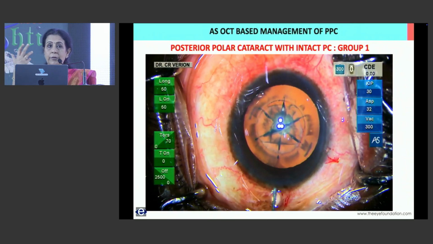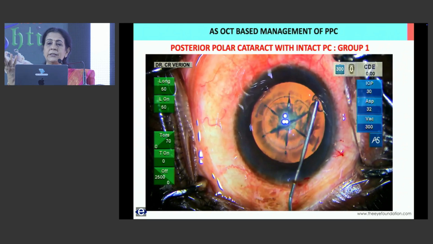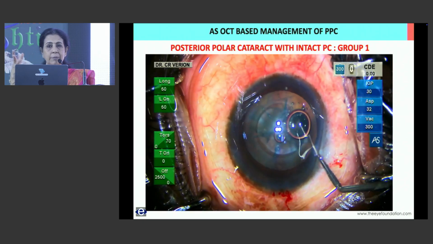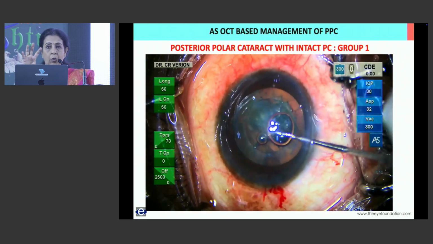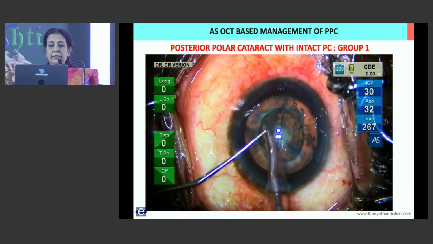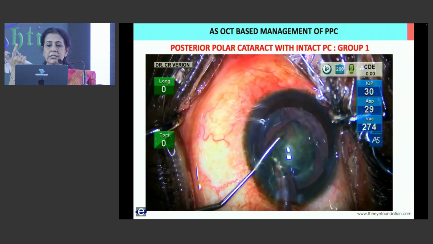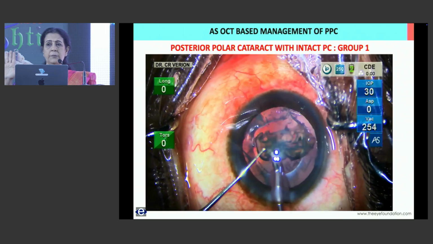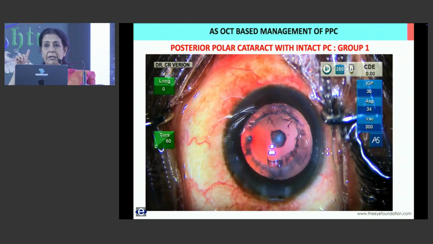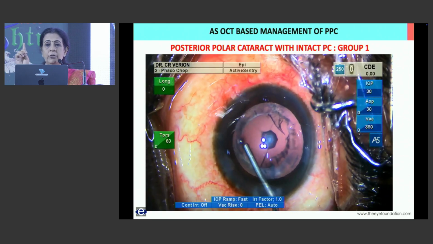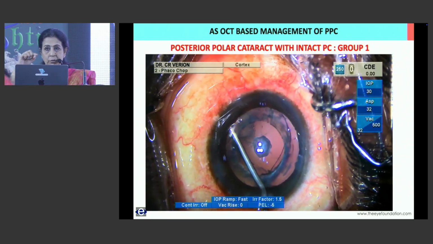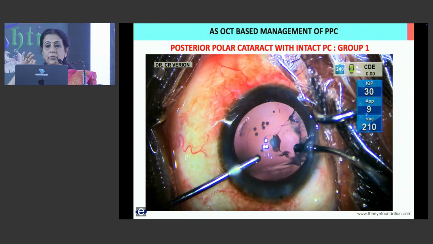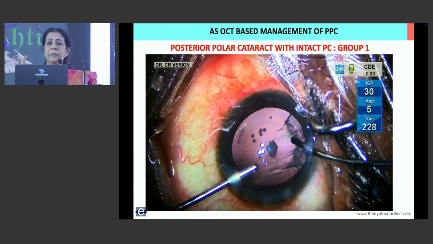If you were to do it on a femtosecond laser platform, the manipulation in the anterior chamber is so reduced, the capsular rhexis is free floating, and all those fragments are already created. You can gently rotate, and you can just carousel it out, eat it up, keep your IOP low. I agree that it's a posterior capsule to be watched, but in that group 1, wherein you are seeing an intact posterior capsule on ASOCT, are definite cases where you can do a routine cataract surgery